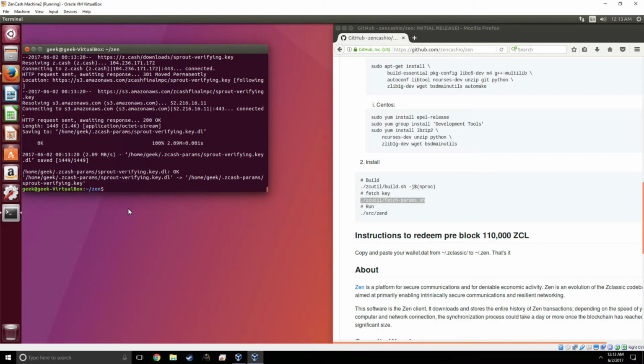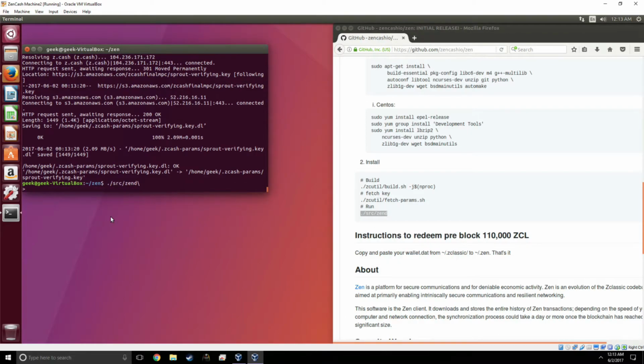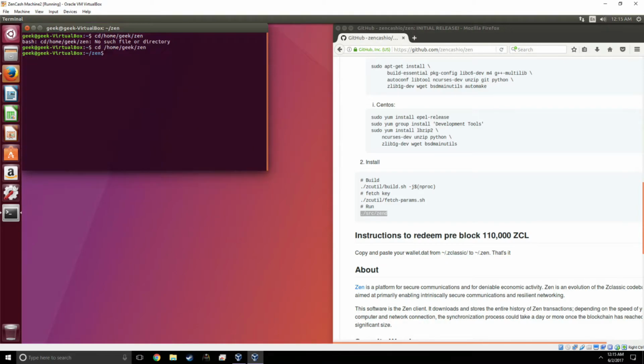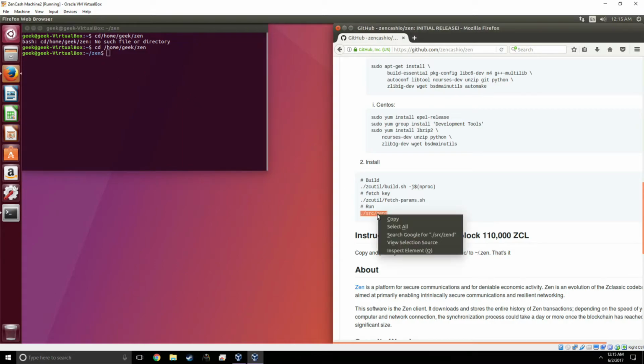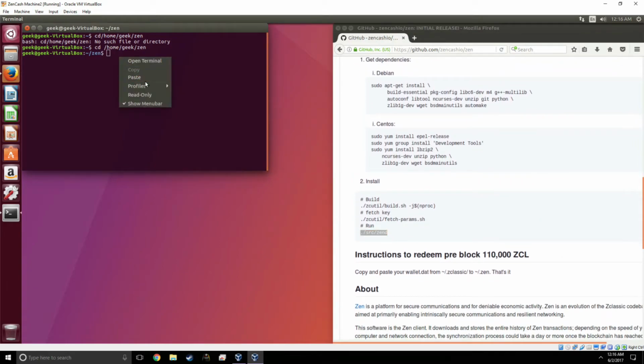Alright, once all of this is done, this is where most people get confused. According to the GitHub page, all you have to do is just run it afterwards. Just copy this command and paste it onto a terminal. But if you do that, oh, come on now. Alright, sorry about that, guys. I completely goofed it up and I closed the terminal on accident. But most people think you just click run because that's the next step on their website. But if you do that,